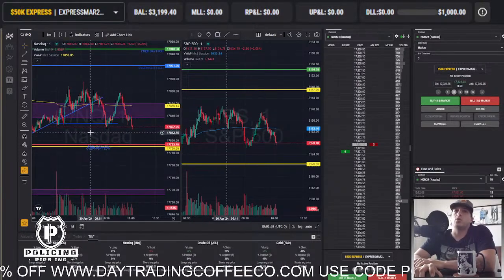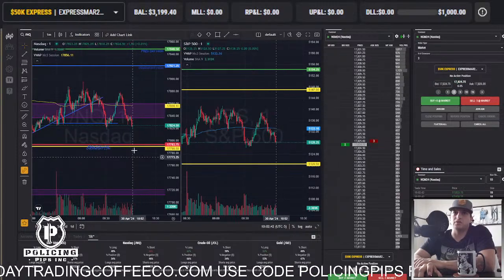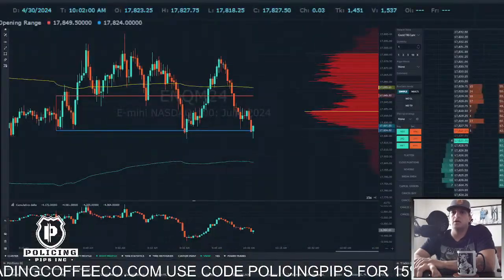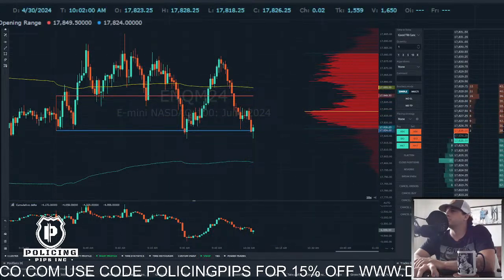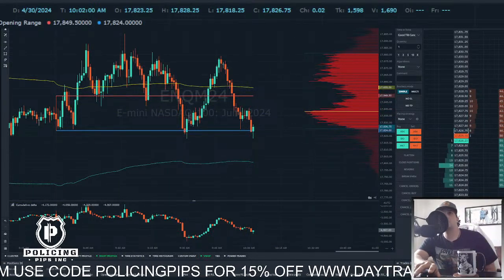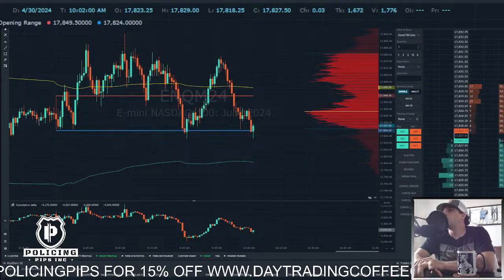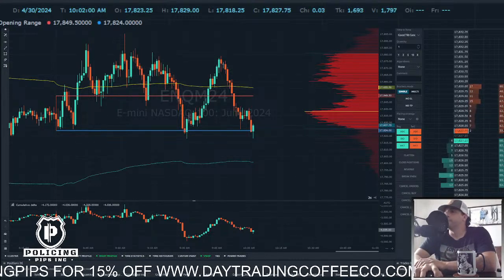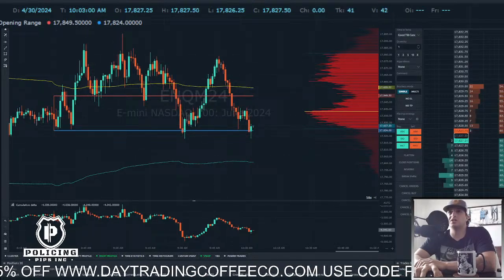This is where I have to avoid, if I do end up getting into this after a rejection of the low, over trading it. If it doesn't happen the first time, I just have to consciously not take it again until it totally sets up correctly. But right now, it looks like we just kind of want to sit on this